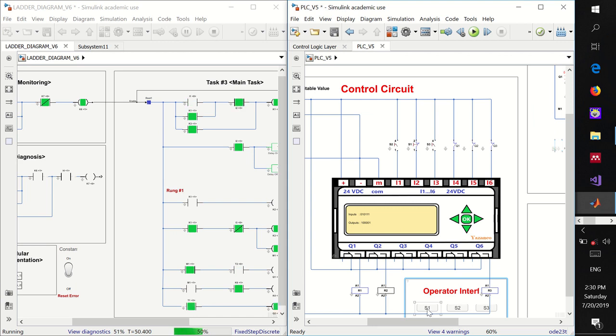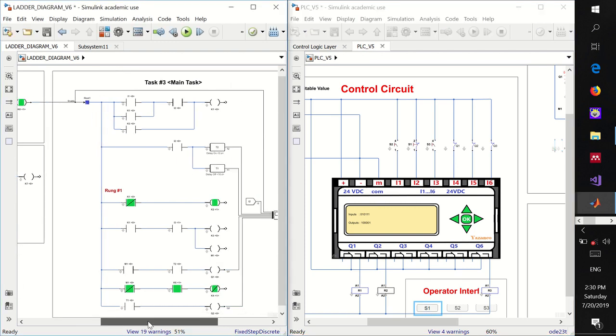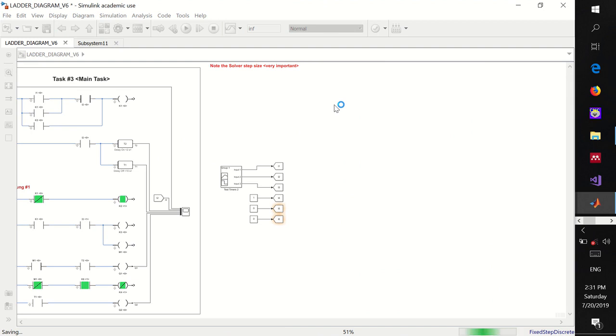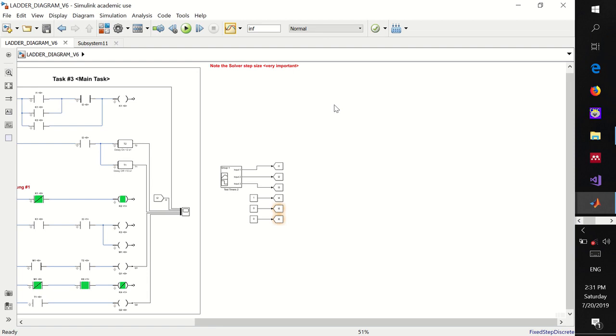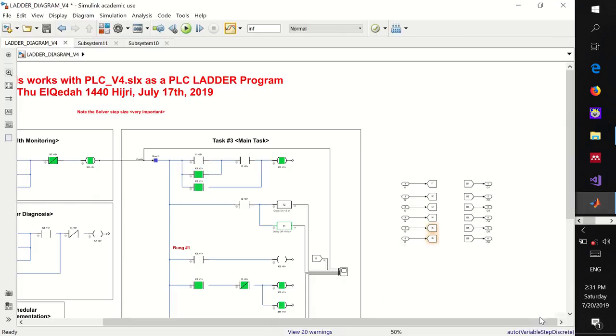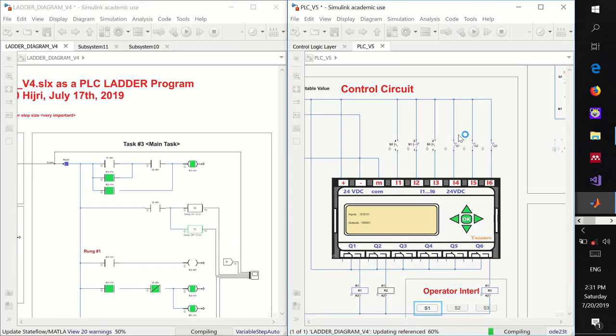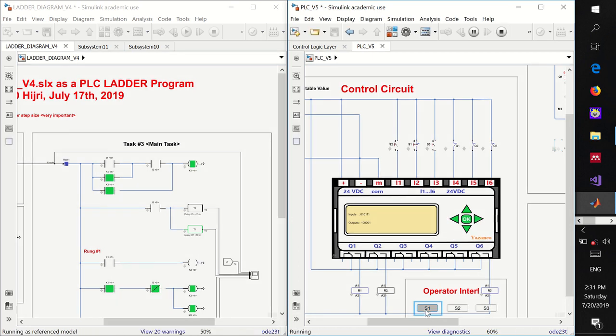Okay, based on the inputs, we are now activating. You can see I'm pressing S1. I need to work with this one instead, sorry for that. Here I need to press the simulate button. And you can see here once I'm pressing S1,